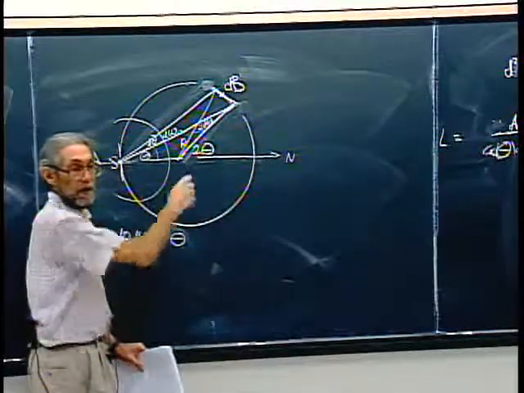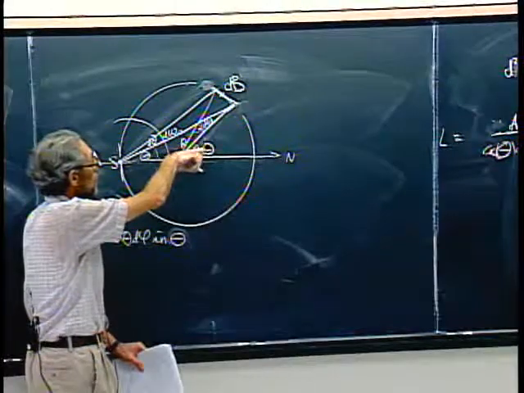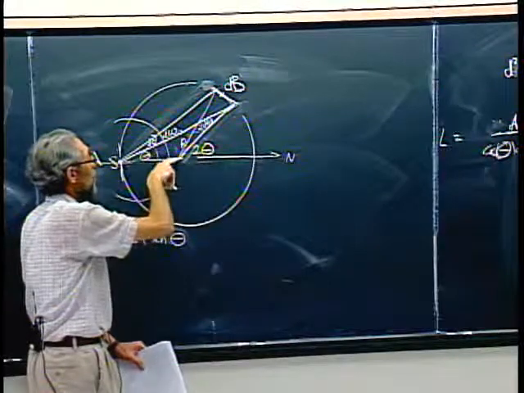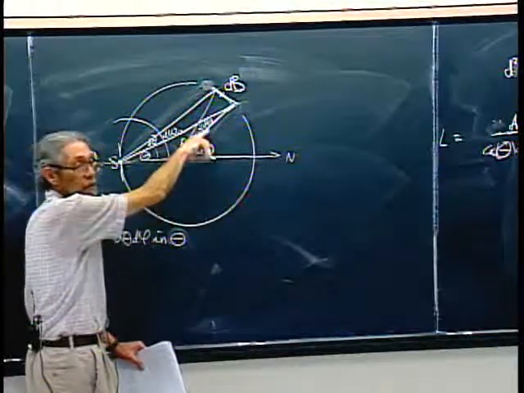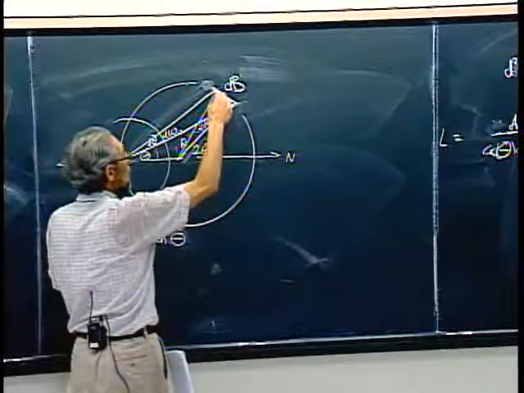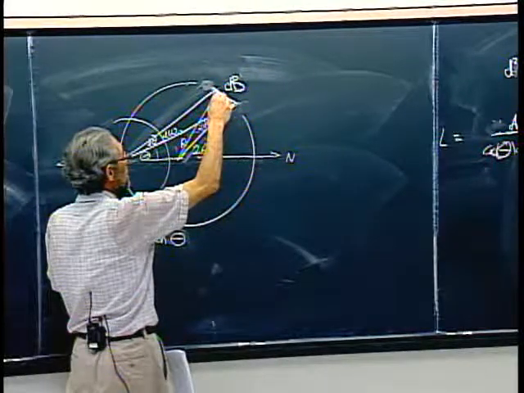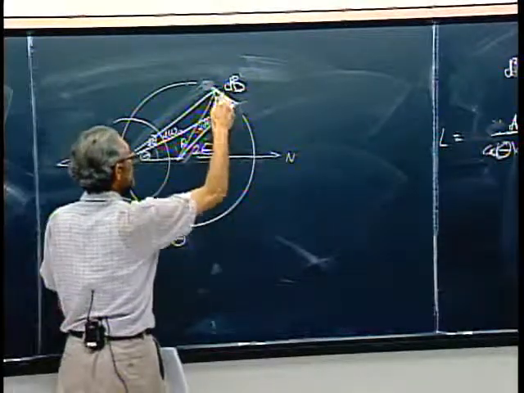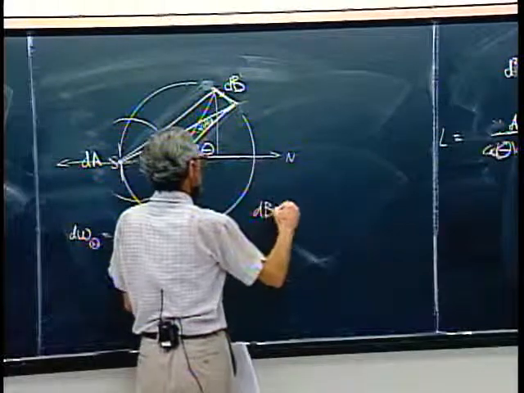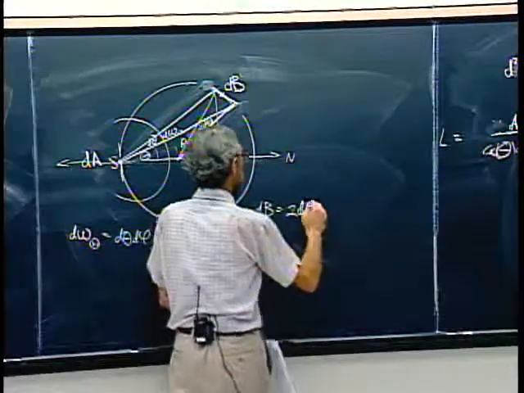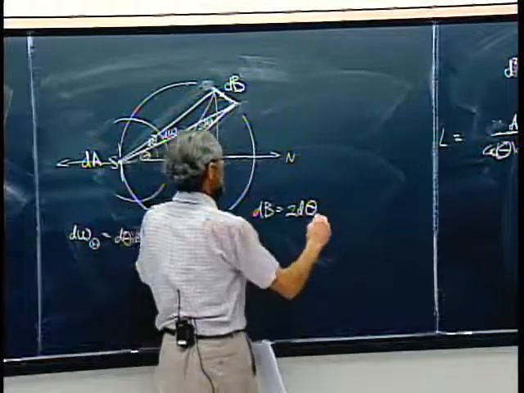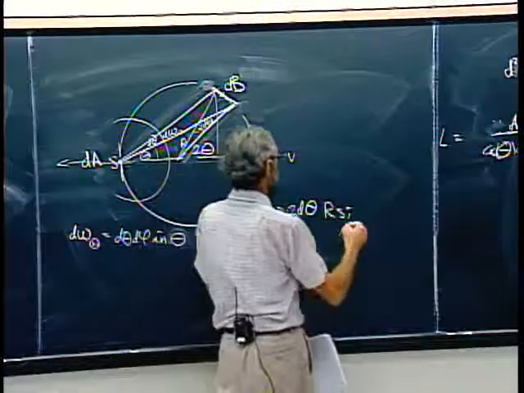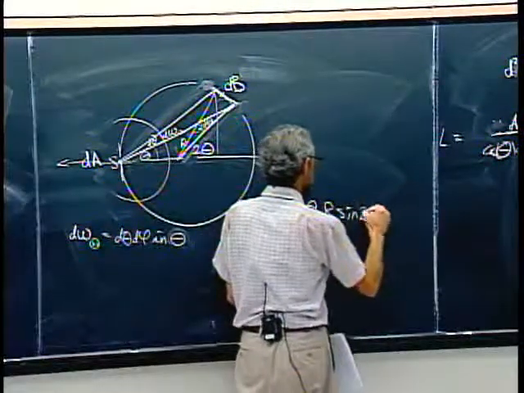Because if this angle was twice that one, and this angle is twice that one, then this is twice the difference here. And now what I want to say is dB is twice d theta, that's this angle, times r. Now I'm not at my unit radius anymore, I'm at my capital radius, r sine 2 theta,